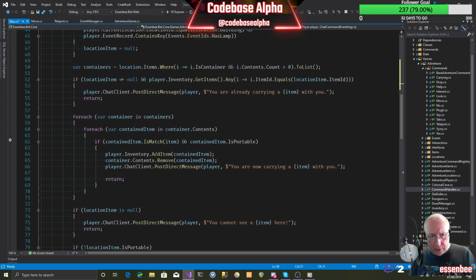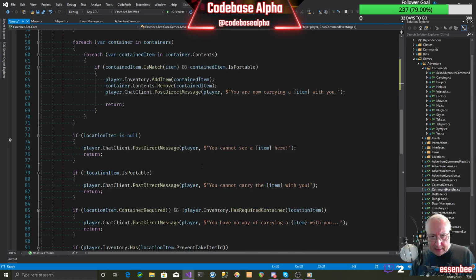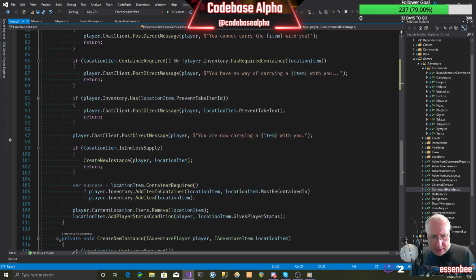There's also this piece of code where we sort out the container. Okay, well let's get them to add to their